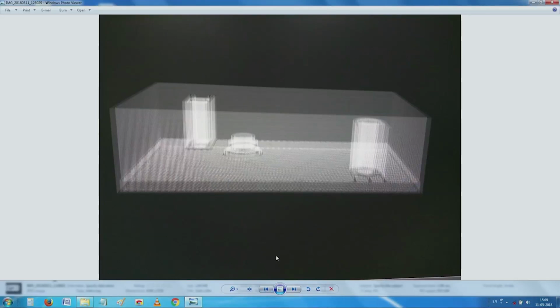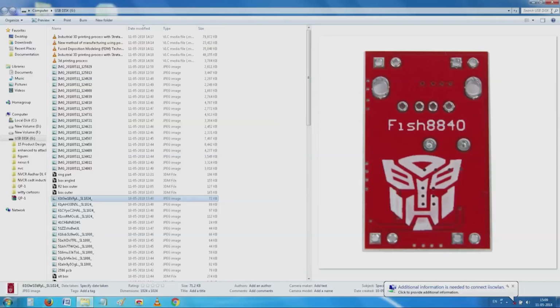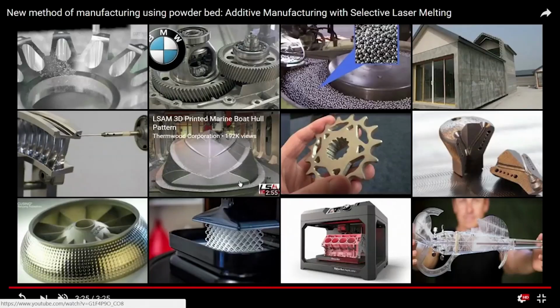So, I hope it has been reasonably explanatory. If you come back to this main monitor, you see here several types of